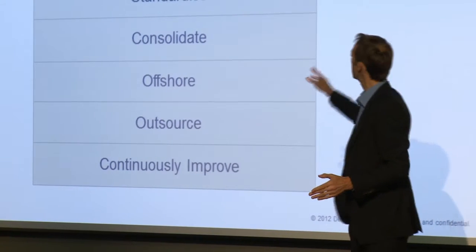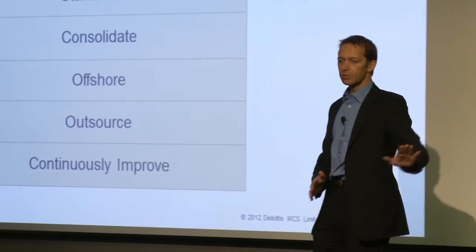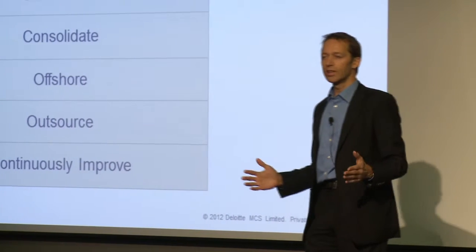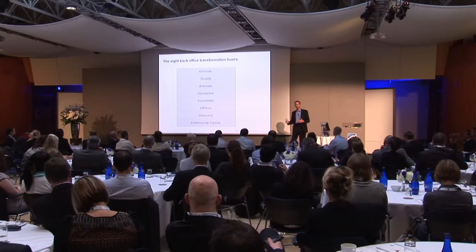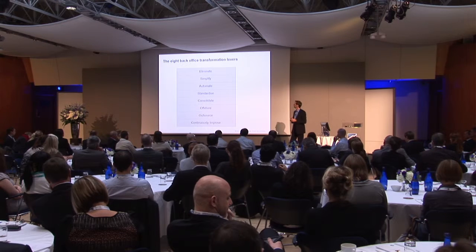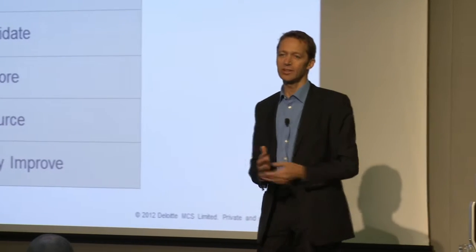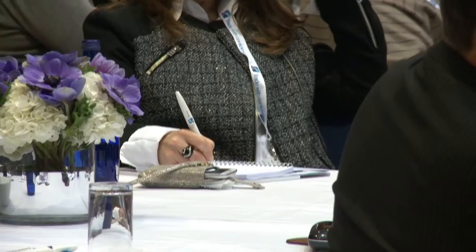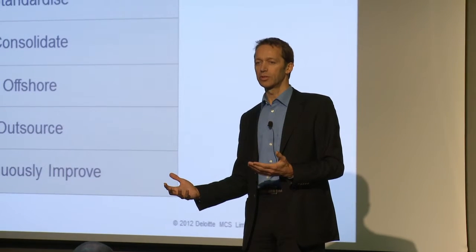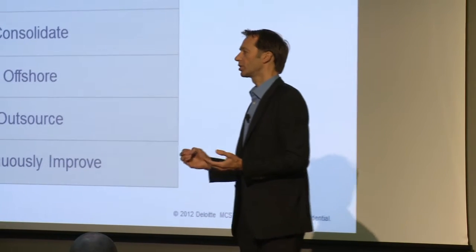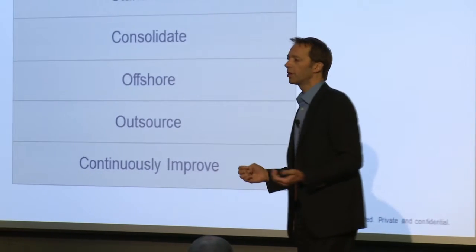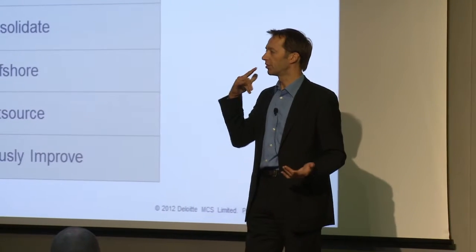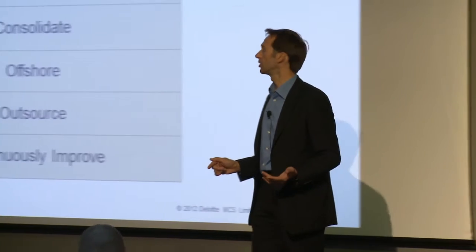Eliminate redundant activity. Simplify. If you've eliminated the redundant activity, simplify what you've got left. This is classic re-engineering, value stream mapping. Look at the process, simplify that process. Automation. This is where things like e-invoicing absolutely make sense. Why would you have paper invoices and why would you scan them and turn them into digital formats if it could be digital from the get-go? You know, automation, absolutely. Vendor portals, why would you have people answering vendor queries if they can go online and sort out the queries themselves? There are obvious automation ones.